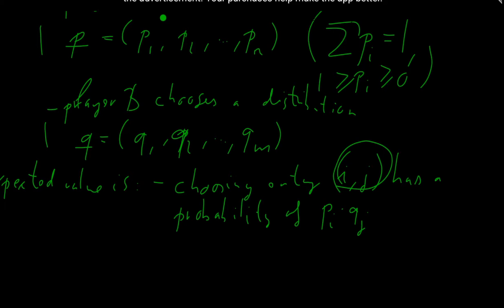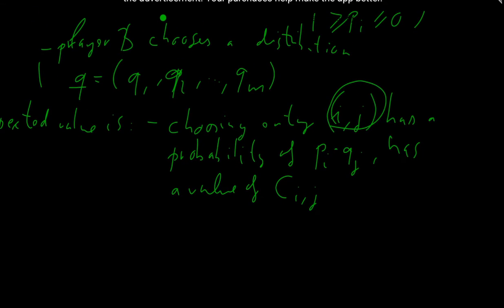And since these choices, these moves are carried out independently, we have to multiply the probabilities, and it has a value of Cij, of course. So it's just the corresponding entry in the matrix,